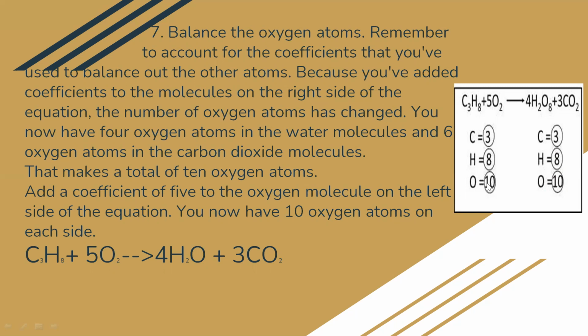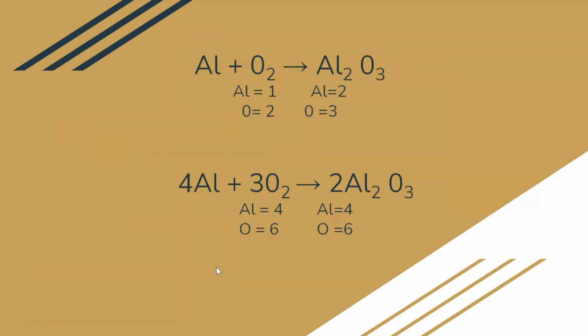For our oxygen, in the reactants we have 2 times 5 is 10. And here we have 1 times 4 is 4, and 2 times 3 is 6, so 4 plus 6 is 10. It's balanced. Now our equation should be C3H8 plus 5O2, then with an arrow, 4H2O plus 3